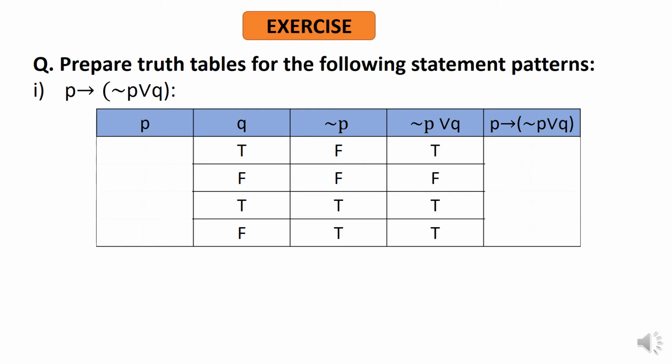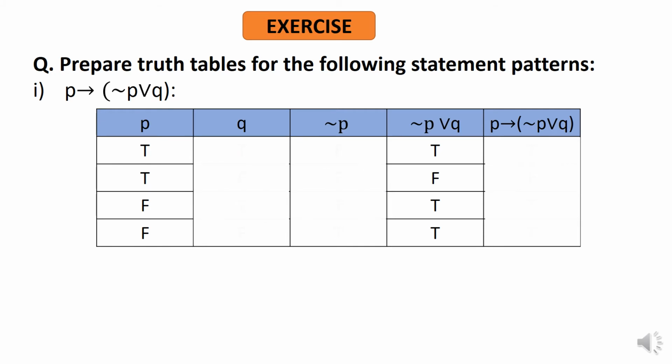Then the last column, that is the entire value. Again here, we are only going to consider two columns. We are going to consider the column for P and the column for not P or Q. That is the first one, and the fourth column is what we are going to consider while writing the truth values for the last column. Thus here, let us not consider Q and not P for now. Thus we have if true, then true, that is true. If true, then false, that is false. If false, then true, true. If false, then true, true.